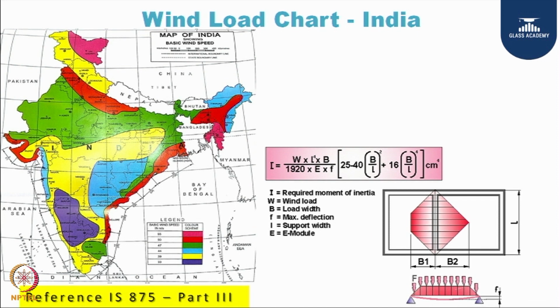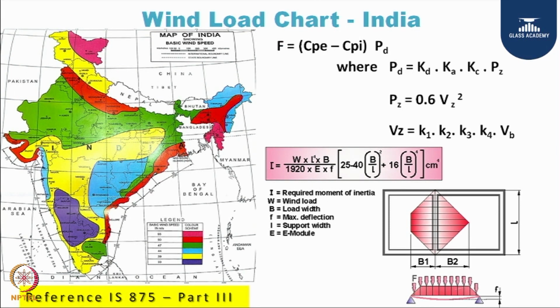There has been a recent change in 2015 where the wind loads have been revised, and a factor has been added called KB, KC, which is basically related to cyclone, area factors, and so forth. Whatever you are seeing on this screen is a very simplistic form of IS 875, where you can work out the wind load in your city or in the building, which might be multi-story. You also need to understand that wind loads are defined for a basic height of 10 meters, and we call it the basic wind speed.